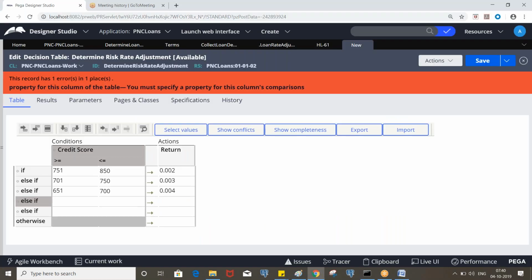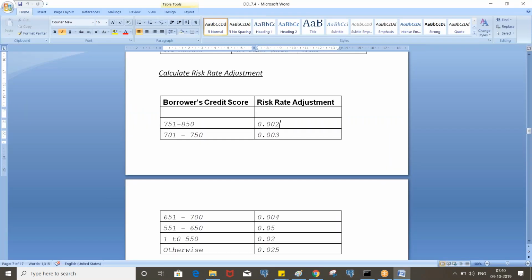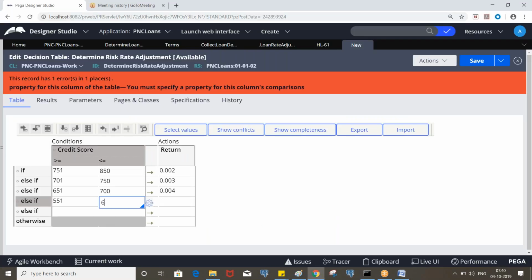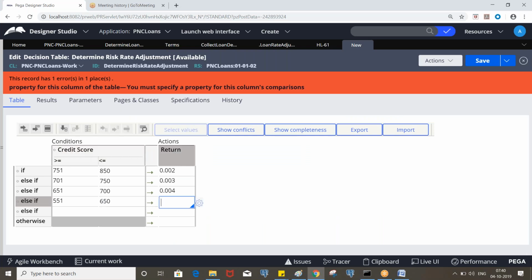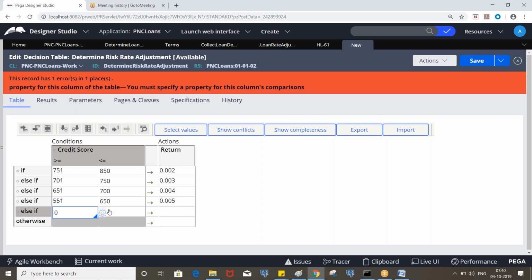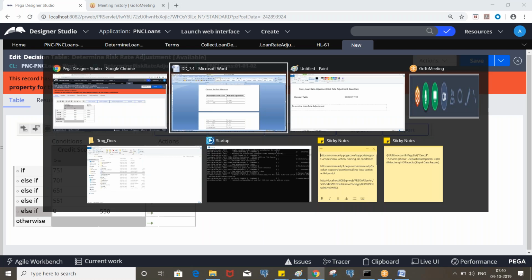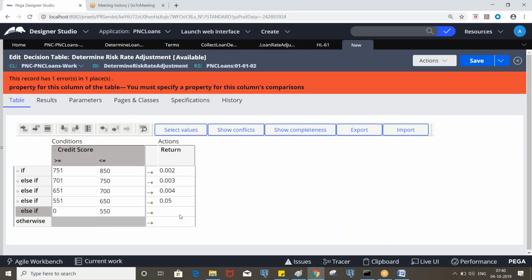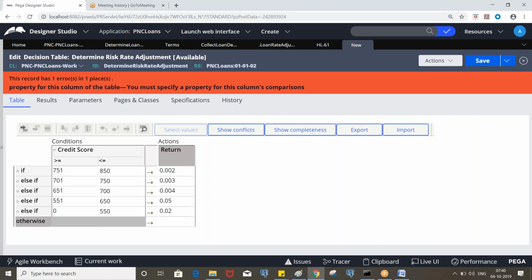Next, 551 and 650: 0.02. Next, otherwise: 0.025.